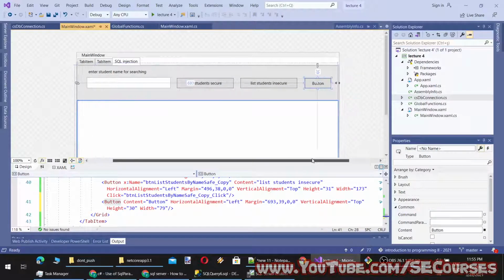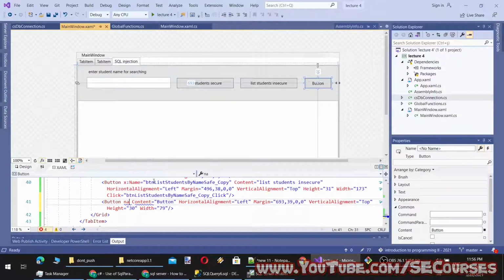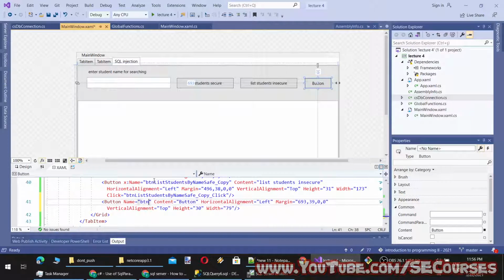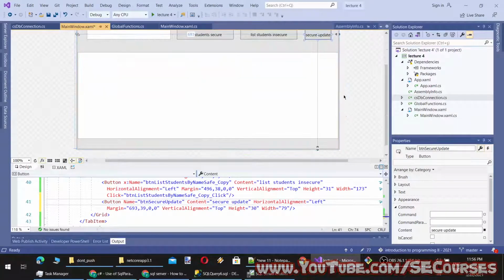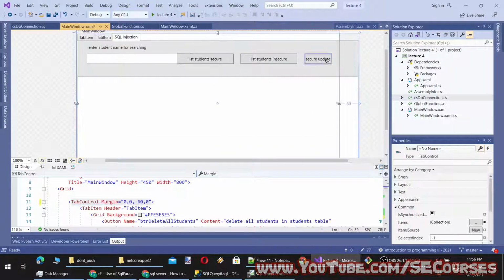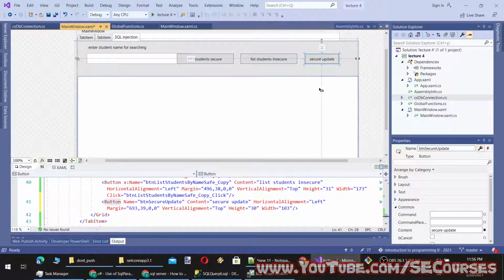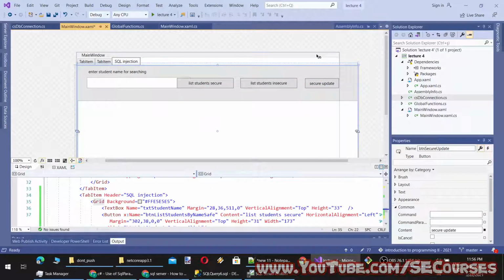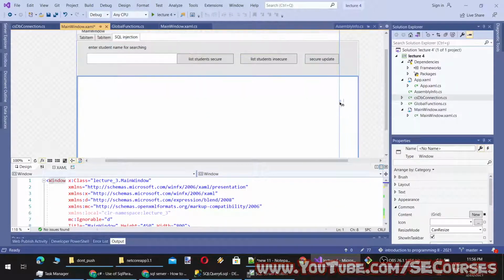Let's name it secure update. You see the size is different.